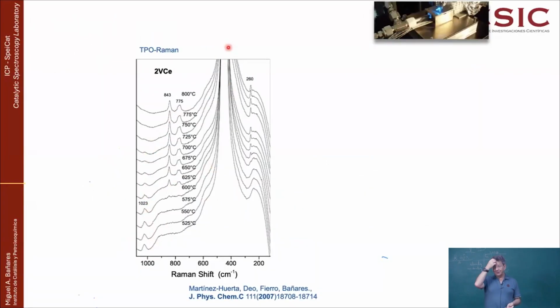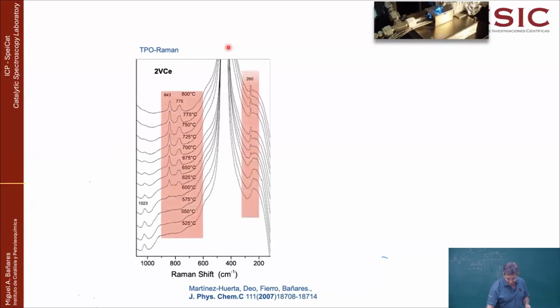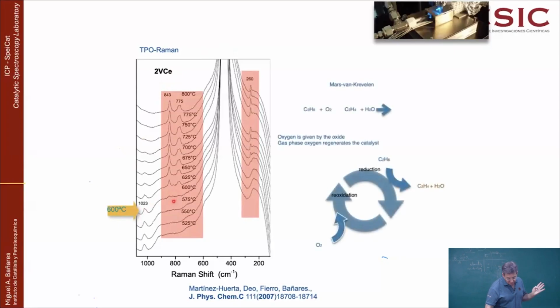Why did we make that? Well, again, this catalyst is running on a redox cycle. So you want to know the boundary conditions, which is what happens if you heat in hydrogen and what happens if you heat in oxygen. So this is the in situ TPO Raman that you want to compare with the in situ TPR Raman. Okay, this is the development of the cerium vanadate. And you start to get the formation of cerium vanadate, perhaps, if you are generous, at 600,